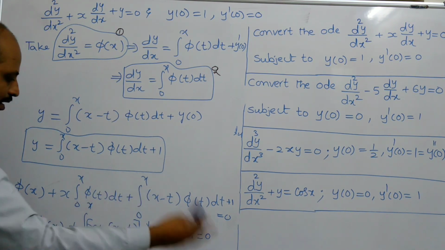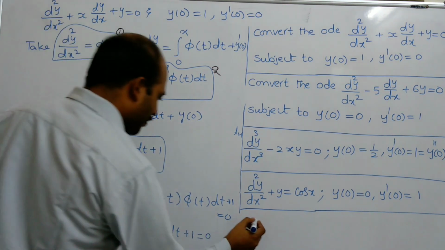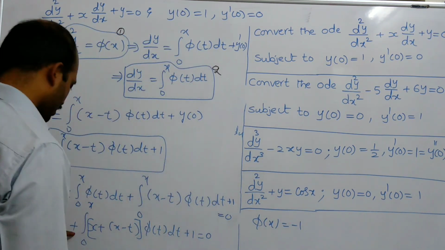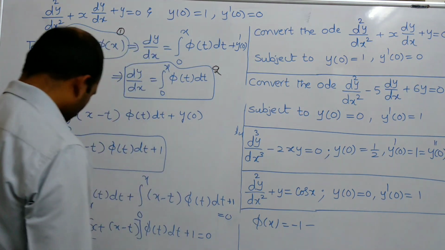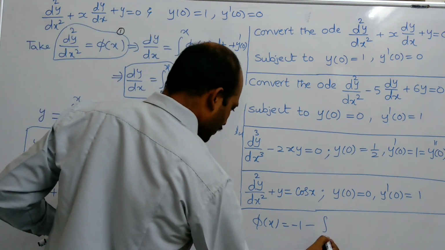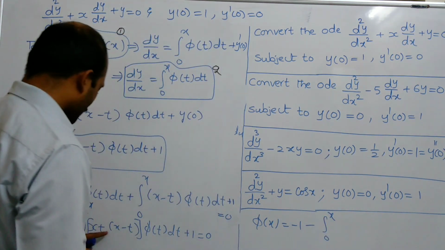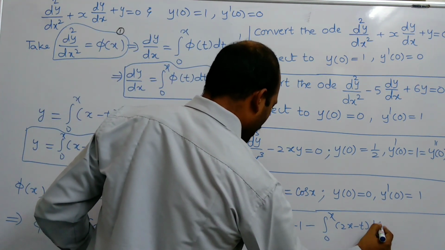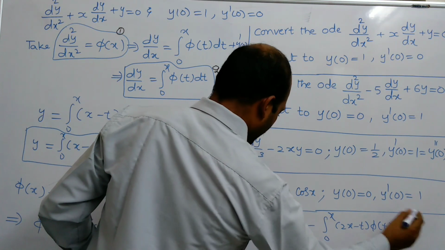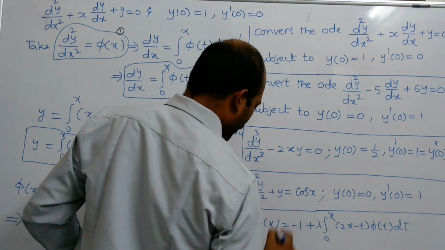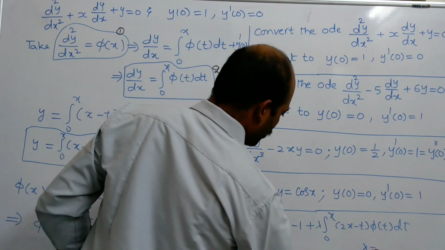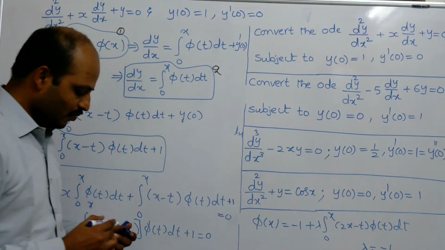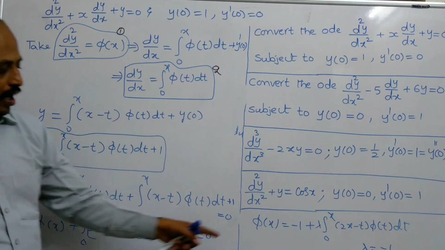Let us shift all the terms to the right side. Then we get phi of x is equal to minus 1 minus integral 0 to x, plus x, 2x minus t, phi of t dt. If you put plus lambda, you get lambda is equal to minus 1. So which is the required integral equation,